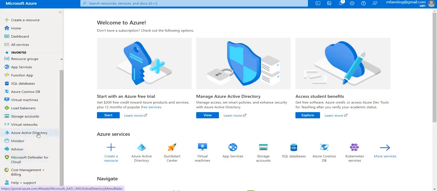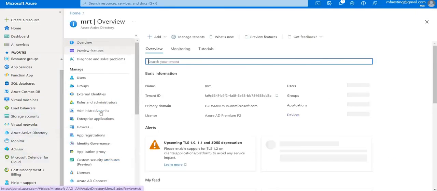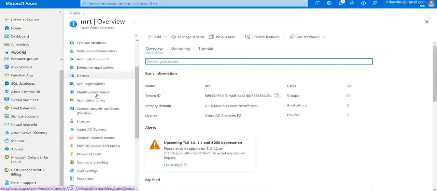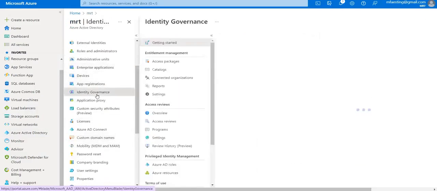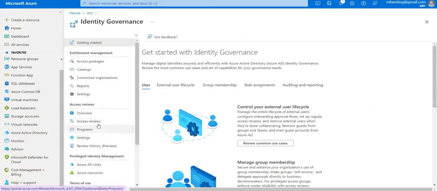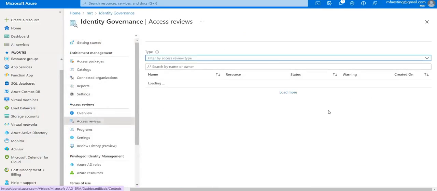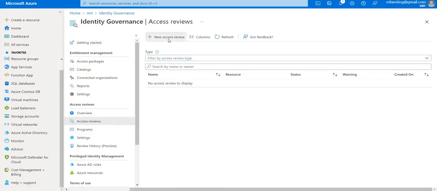So let's go to Azure Active Directory, and in this, go to identity governance. Here you can see the access reviews. Click that, and let us go and create a new access review. Click that,